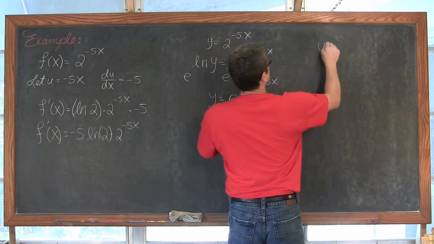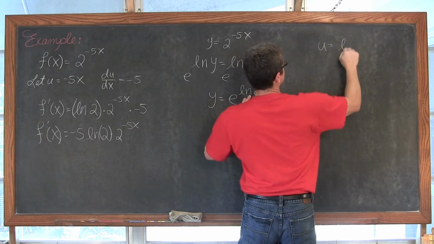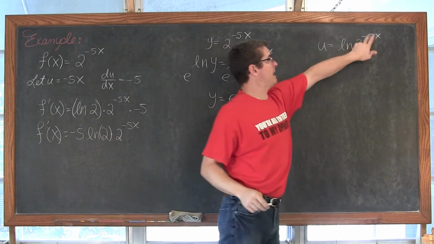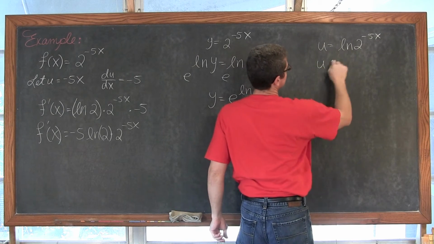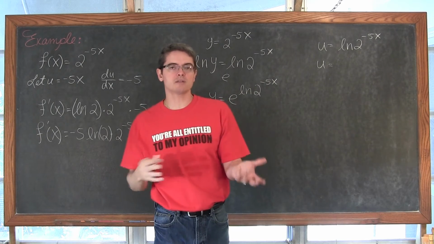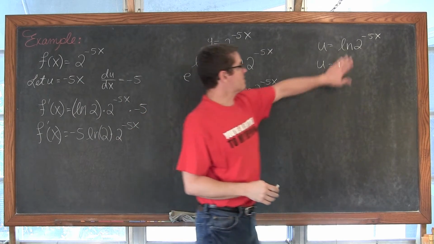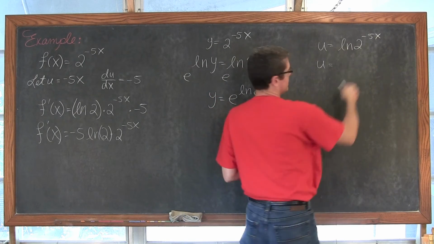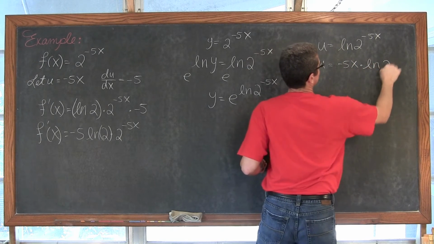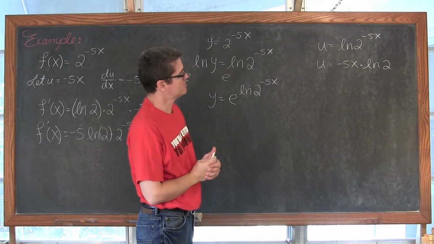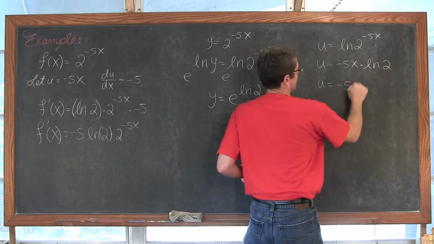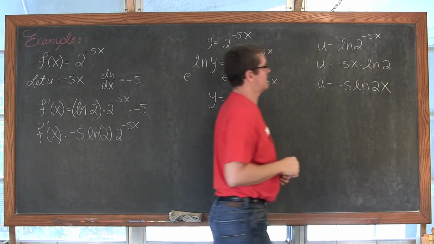So u is equal to the natural log of 2 to the negative 5x. Now I am going to drop this power down and write it as u is equal to, again, we generally want to put our constant in front of the variable, but just to show that use of the power rule is something we're comfortable with, maybe in a pre-calculus class or earlier this year, we're going to have negative 5x times the natural log of 2. Okay, now I'm going to go ahead and turn it around just to use this extra step, and we have negative 5 natural log of 2 times x.